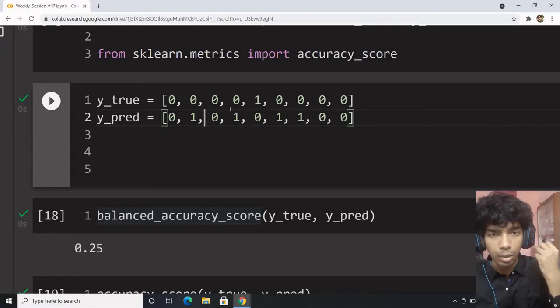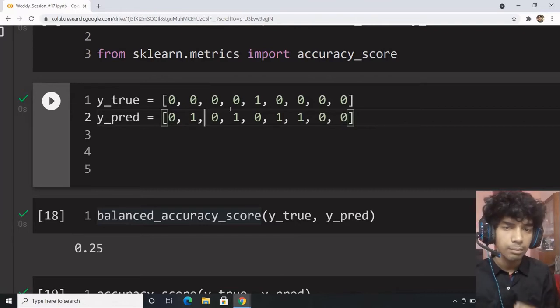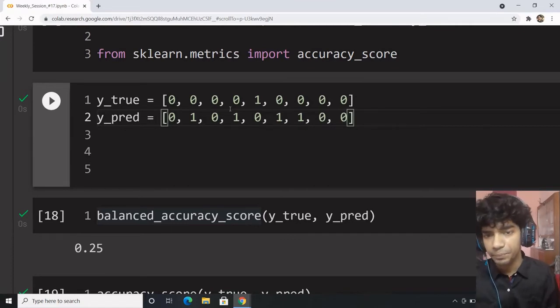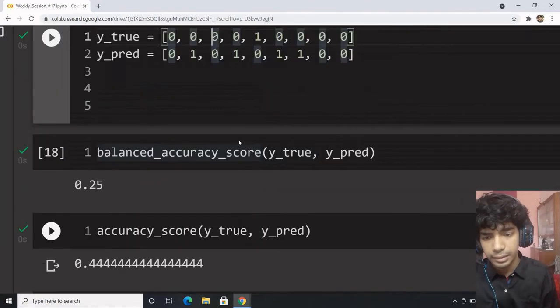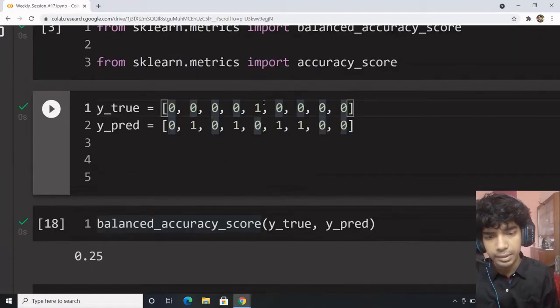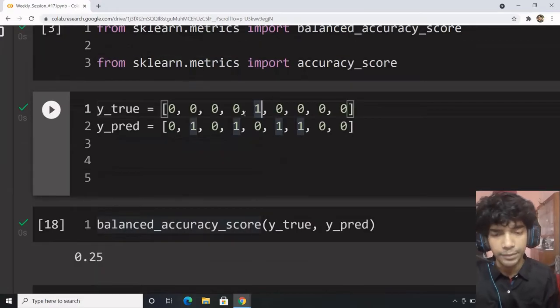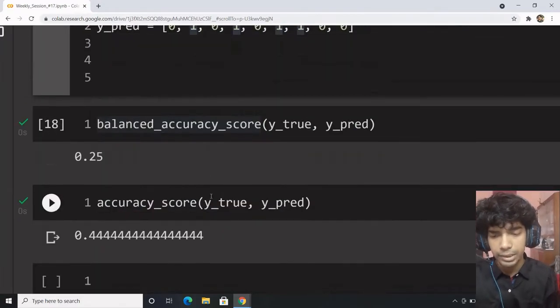If you are able to detect all the minority classes perfectly, then your balanced accuracy score would be high, no matter what amount of false positives you obtain. If you are unable to detect the minority class, your balanced accuracy score would drop drastically, and accuracy score would drop likewise, but accuracy score would be higher.